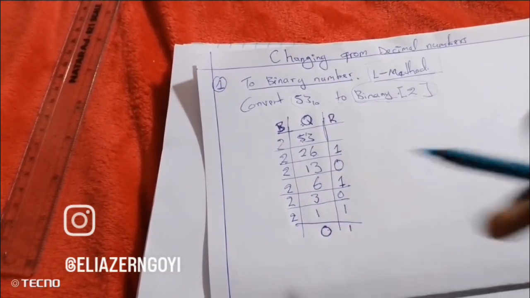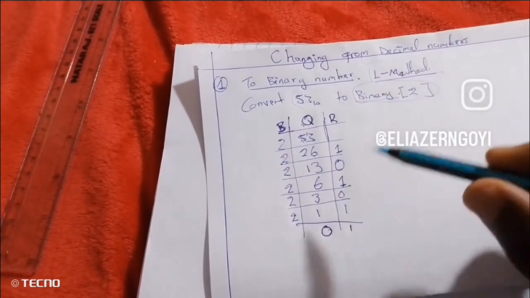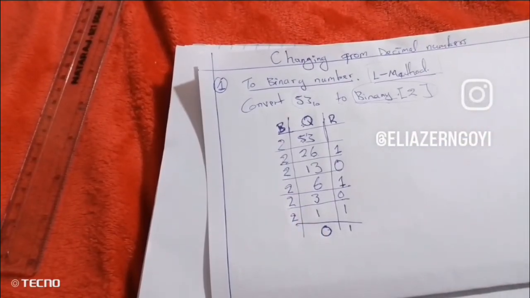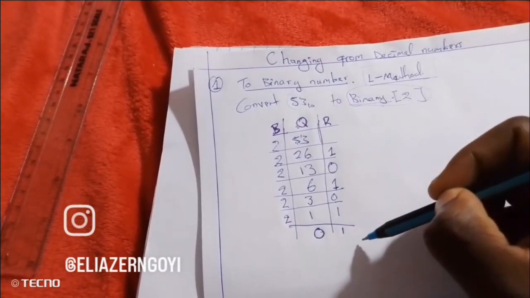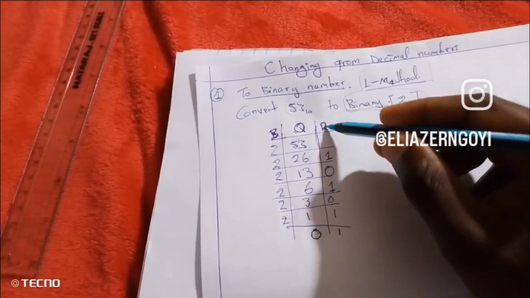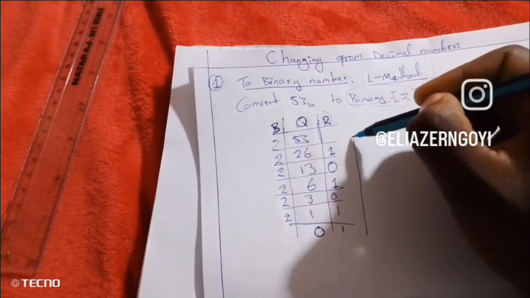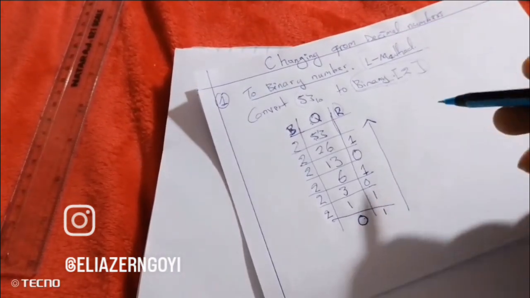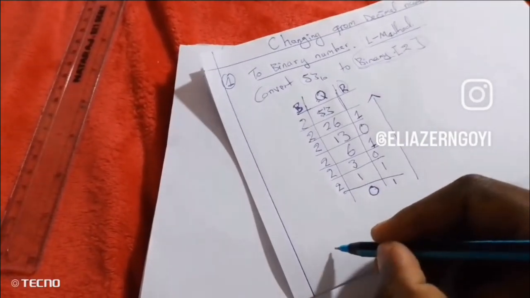This is the ladder method. You start from 0, you climb up. You're climbing up to 53. It's like you're asking yourself, how did you reach 53? Yeah, it's the simplest method ever, guys. So in this case, our answer, don't forget, as I said earlier, we're starting from 0 going up, meaning our answer is the remainder. The remainder is always our answer. We're getting it from down going up. Don't forget, I said it's a ladder, and the ladder we climb from down going up. Is it called descending order or ascending order? Ascending, going up. So our answer becomes,